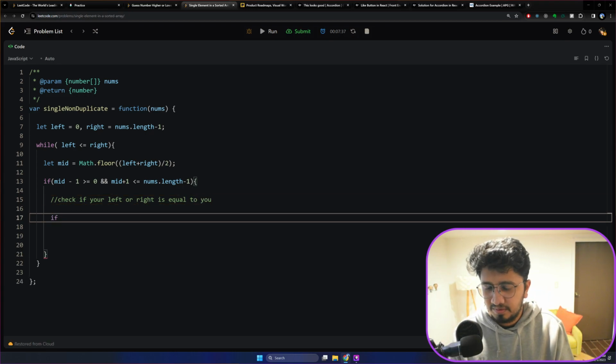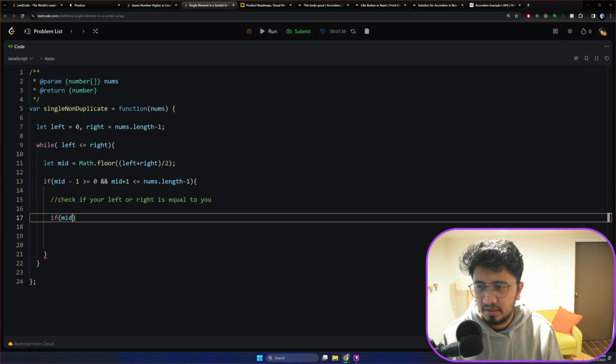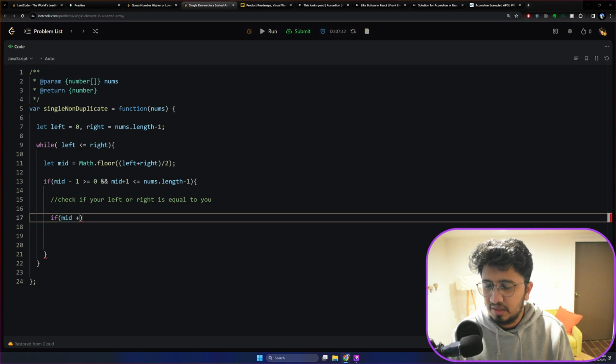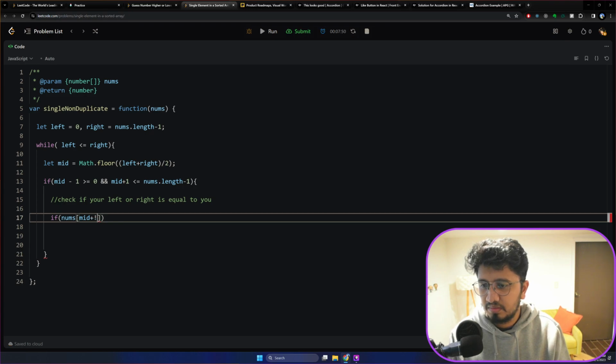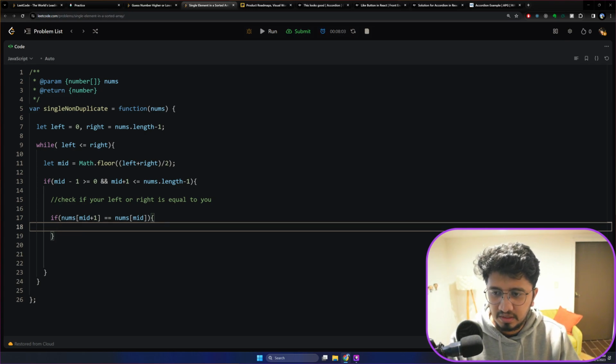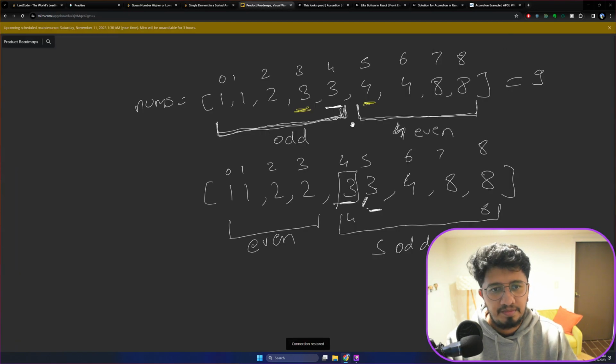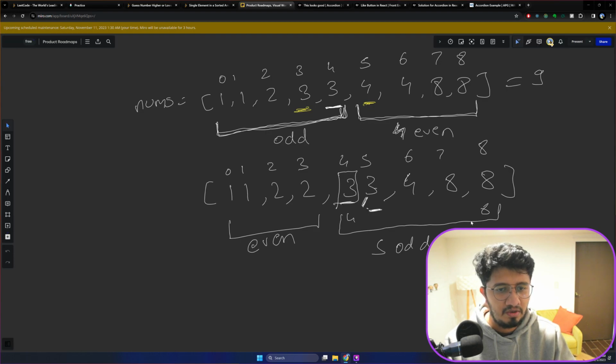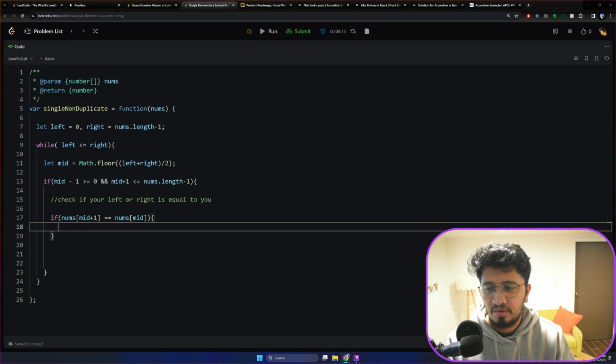So if nums of mid plus 1 is equal to nums of mid, okay, so that means that we have an odd length. Okay, and now,